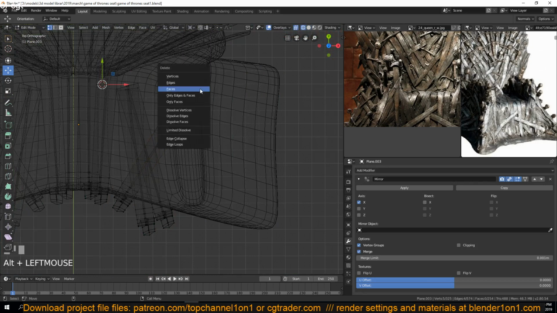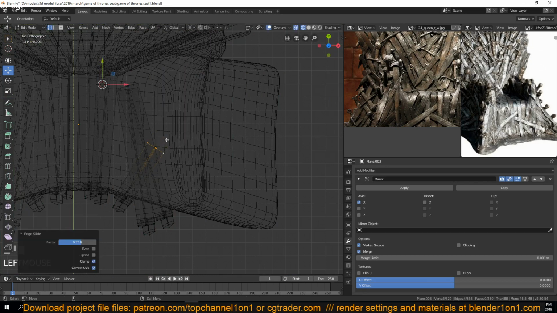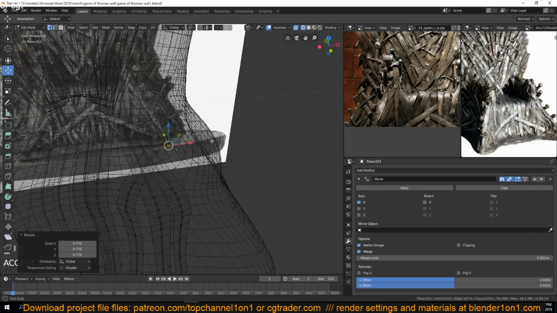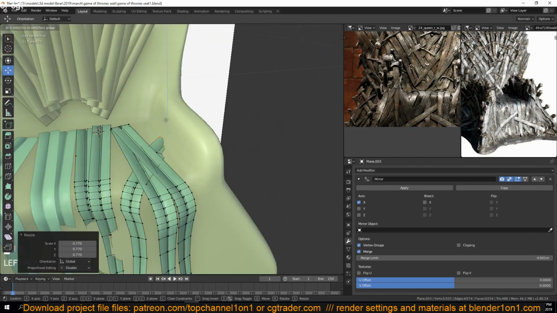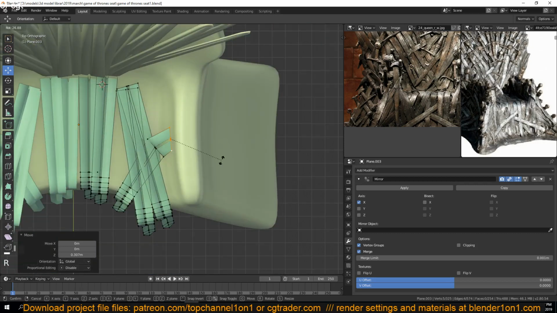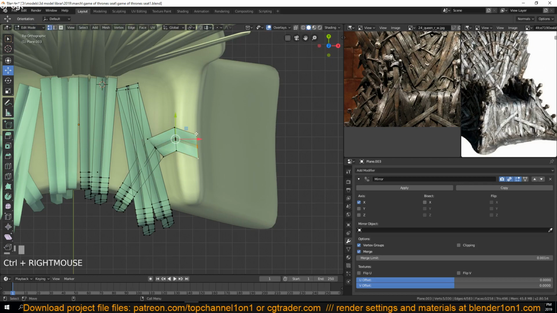So if I delete these vertices, you can hold down Control and then right click to have something like that. But the problem is that it's also increasing the size. Let me make sure that my pivot point is set to median point, and scale this back. So I just want this to be bent like this, and then Control click to get that